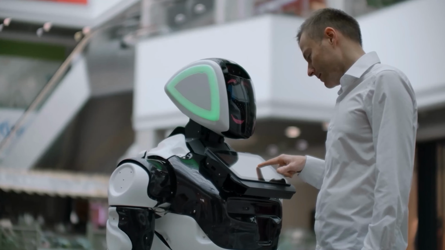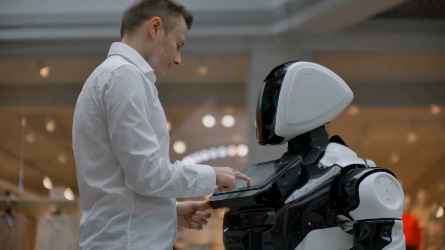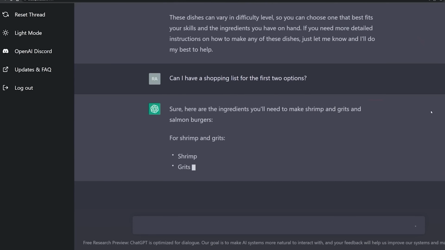Let's get into the nitty-gritty of ChatGPT and Google Bard's core differences. Both these chatbots use natural language processing, which allows users to enter prompts or queries and receive human-like responses. However, the crucial difference lies in their data sources and training models. Google Bard relies on Google's Language Model for Dialogue Applications, LaMDA, which can offer real-time responses based on current research pulled from the internet. On the other hand, ChatGPT uses a specially tweaked version of OpenAI's Generative Pre-training Transformer 3, GPT-3, or Generative Pre-training Transformer 4, GPT-4, depending on the version.